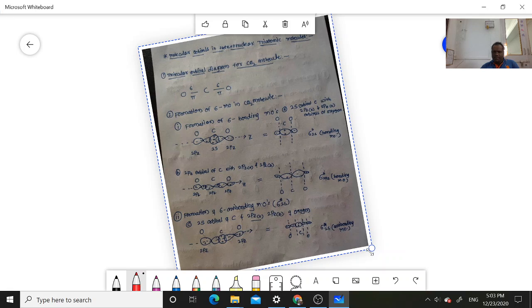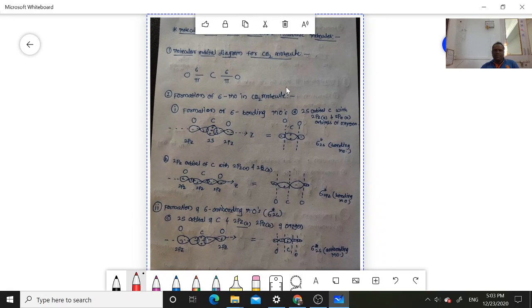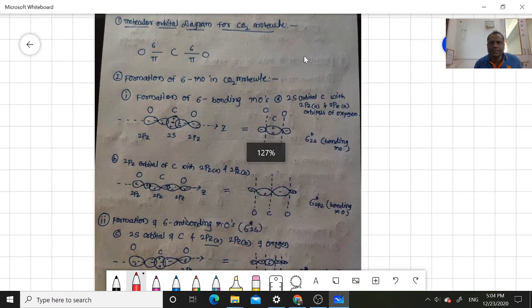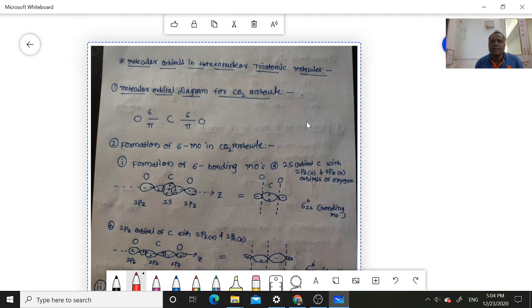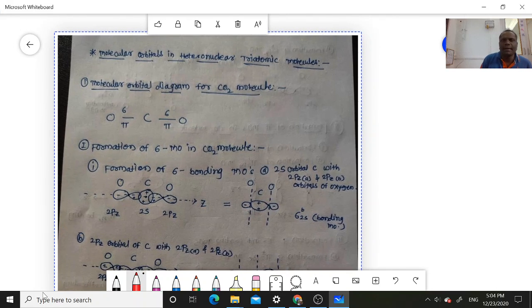Wait for a moment. I hope everybody can see this. So, the molecular orbital diagram in